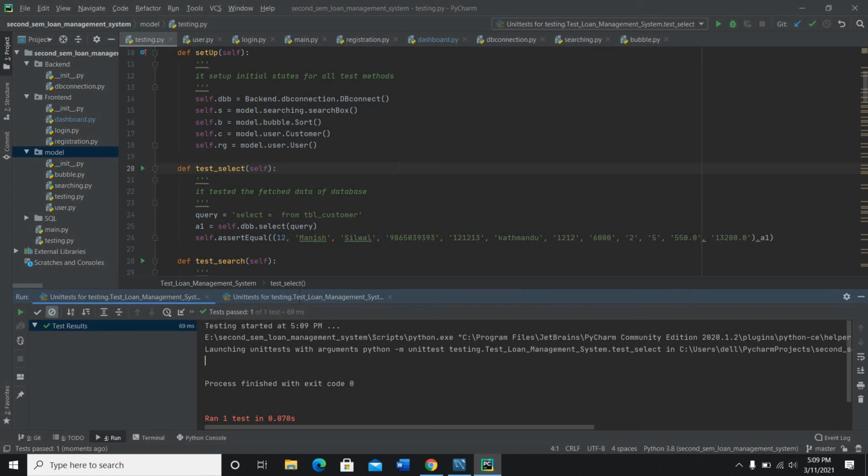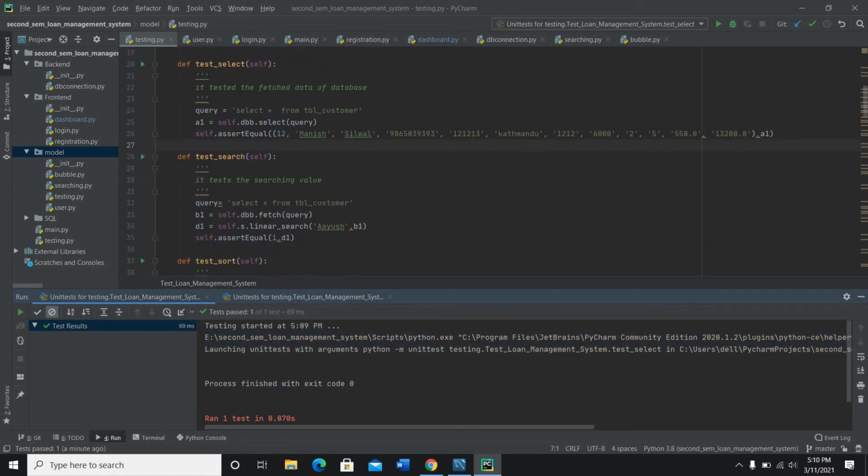This means this fetch method gets the value of the row that is stored in the database. It fetches the row value. Actually what is happening is, when expected data meets the actual data that we get from the database, then the test is successfully passed. This function works like this.